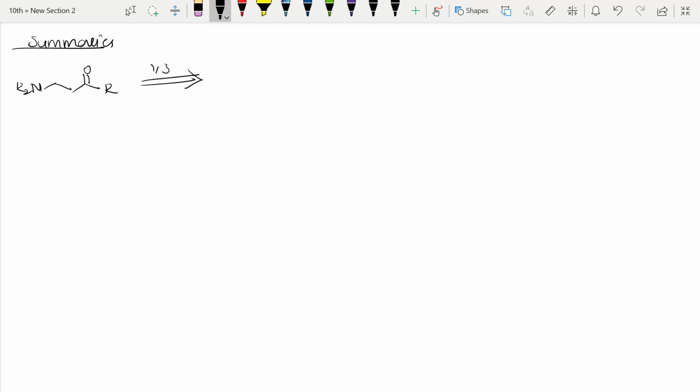So here what we will do, see here, 1 2 3. If a 1,3 relation is there, I have told we have to disconnect here only. Why disconnect? Because this group which I am showing in red color is nothing but a Mannich reaction we can do there. So once we disconnect using that, we can easily form R2NH and one formaldehyde, HCHO. I have told formaldehyde is sometimes written like this, sometimes they may give HCHO, sometimes H2CO. All those are the same.